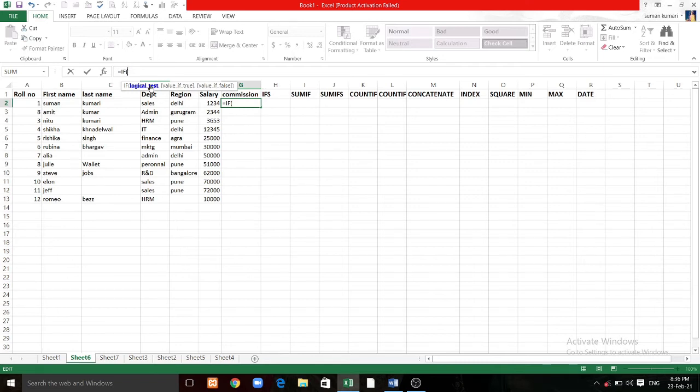And in our case, the condition is that we are looking for the employees who are working in the sales department. So the logical test is to select the cell and check the condition: is it sales department, sales, or not.